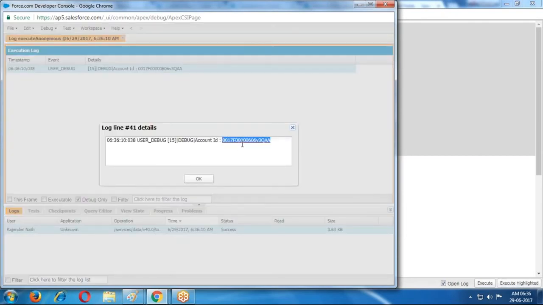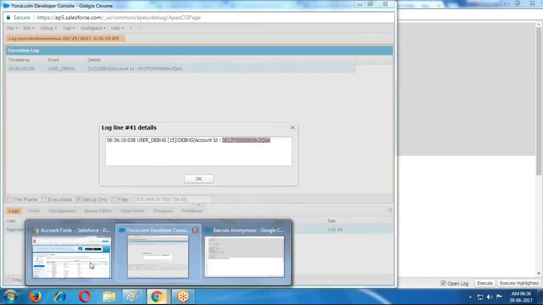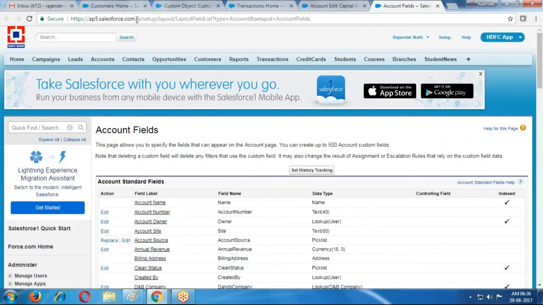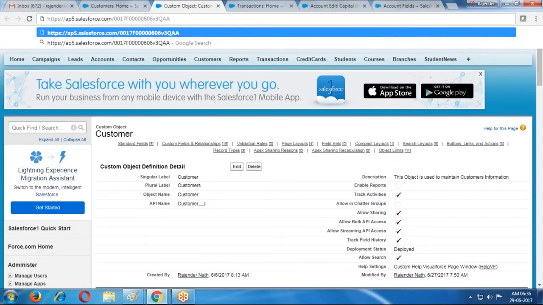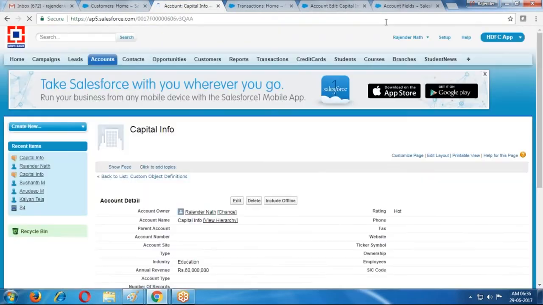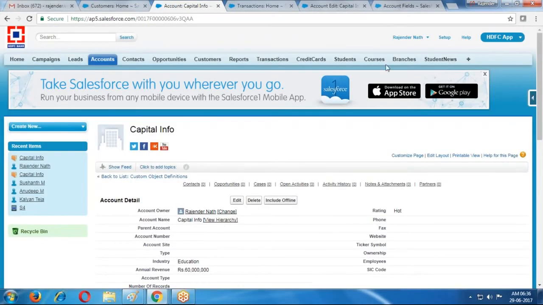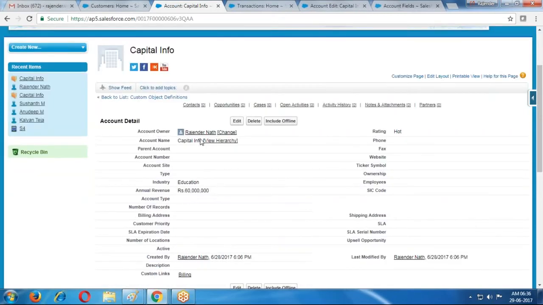If I open this ID in the browser URL, what is the record? Capital Info. Rating equal to Hot. Education, some amount.